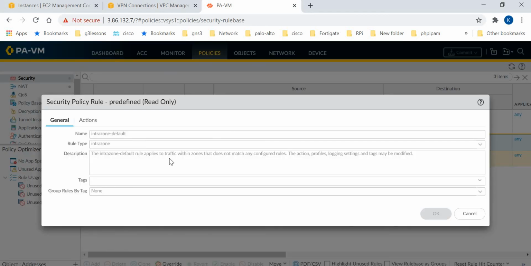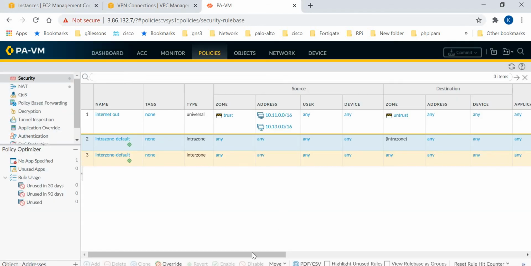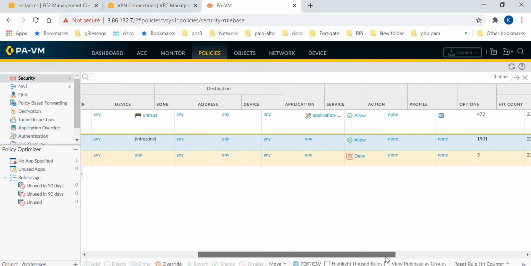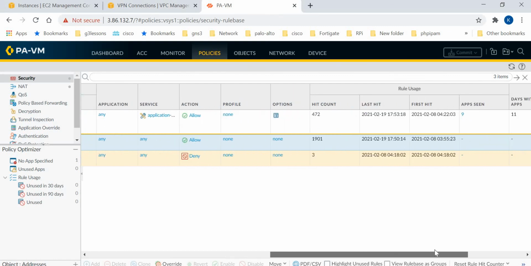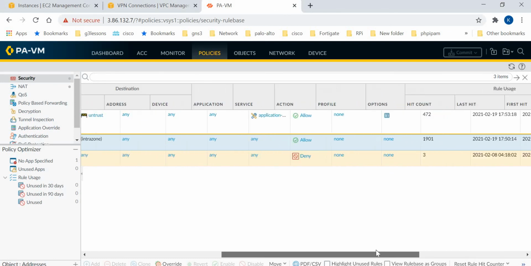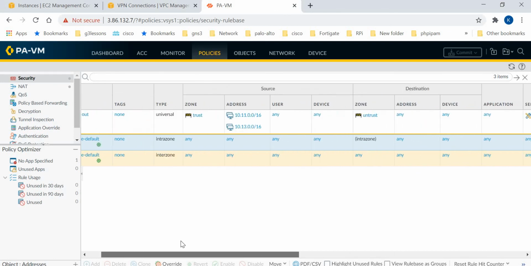The intra-zone rule applies to the traffic within zones that does not match any configured rule. That means if I am receiving traffic from the trust zone, and the traffic has to go to another IP address which is also in the trust zone, then the traffic will be allowed by default.